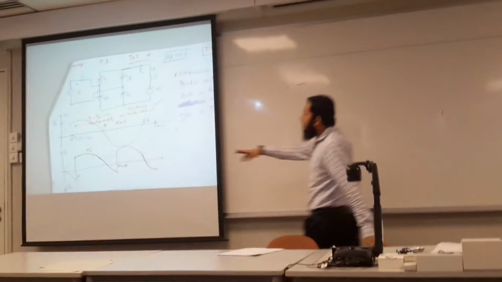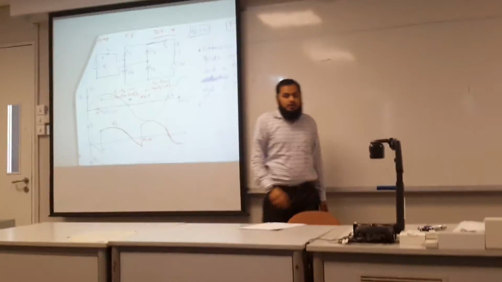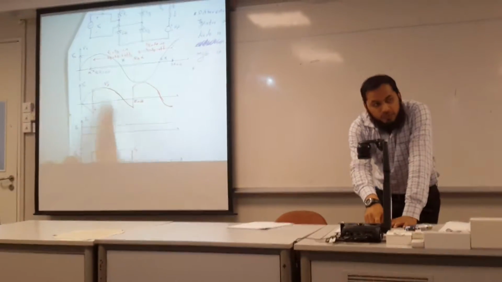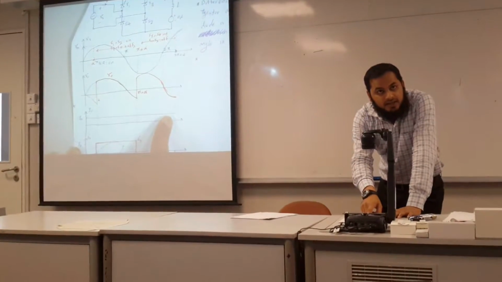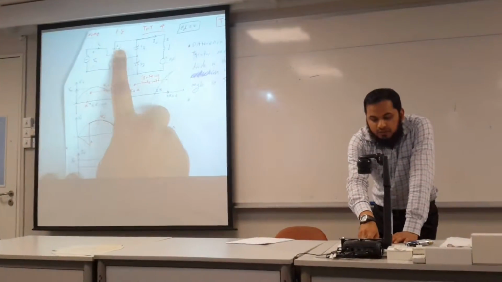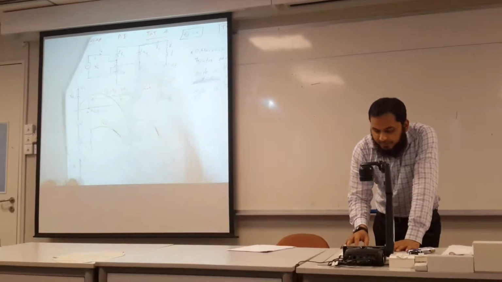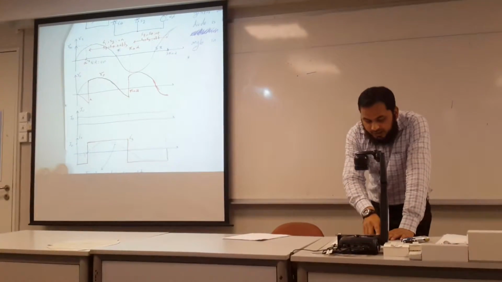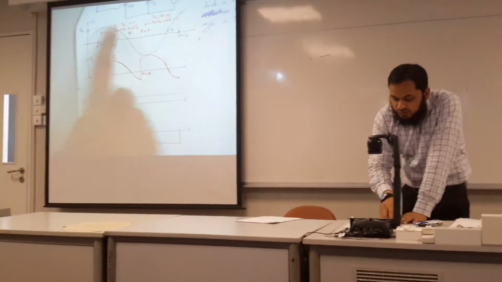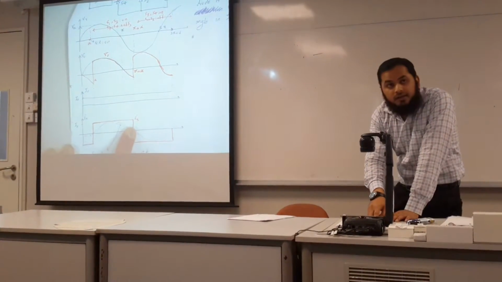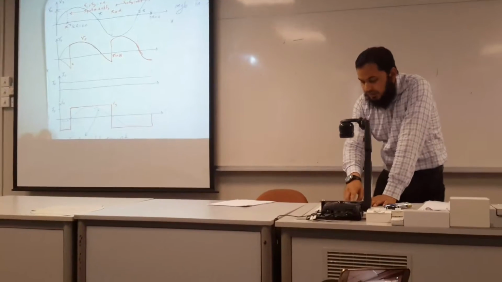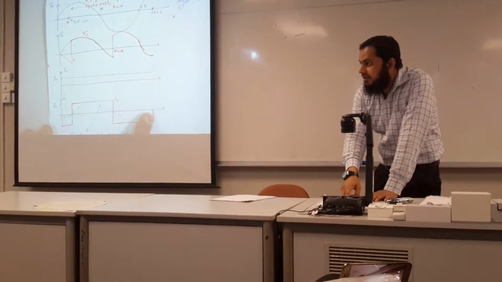So you know how this output voltage waveform came. Now this output current. See, the output current is the same for the positive cycle as well as the negative cycle, because the current is flowing in the same direction whether S1 S2 is on or S3 S4 is on. But for the input current, when S1 S2 is on, it is positive. Okay. When S3 S4 is on, it is negative. That's why I have drawn it negative here.